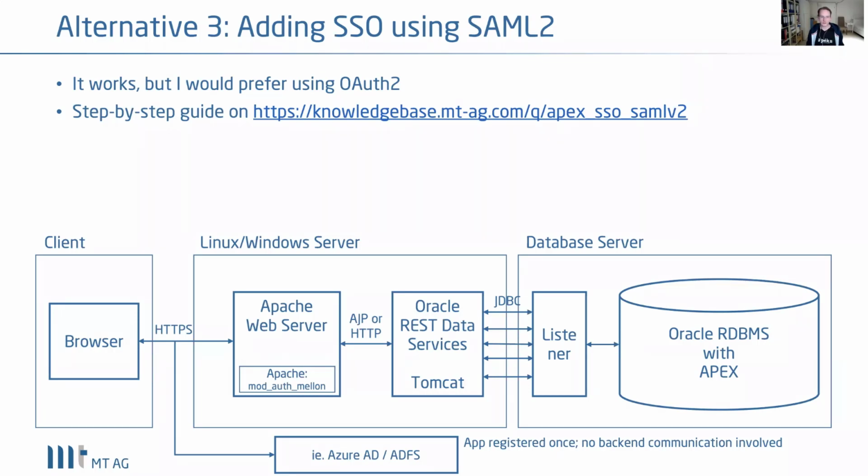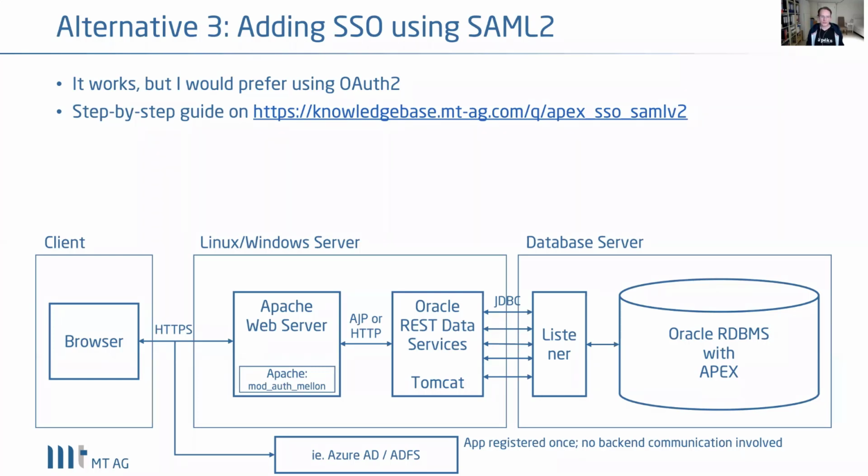We have done this at a customer site already. And in that particular case, we brought it even one step further. They had a big F5 load balancer there, and they configured it in such a way that they did the authentication over there against Azure AD. So this might be an option for you in certain cases, but I would definitely recommend to use OAuth2.